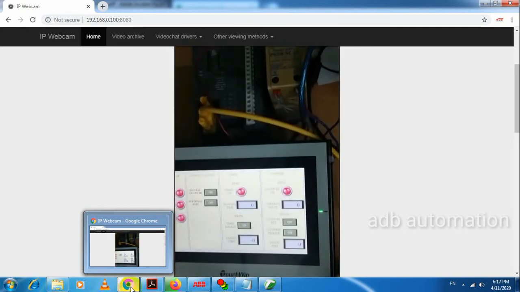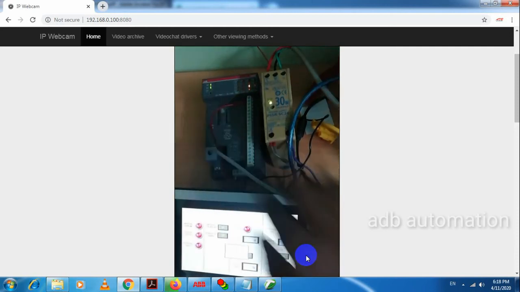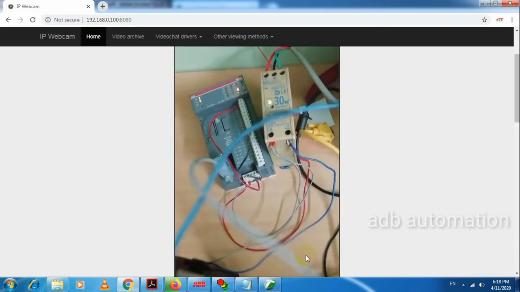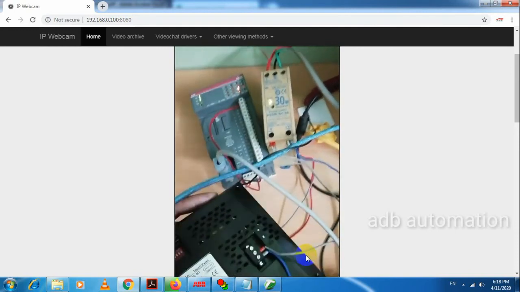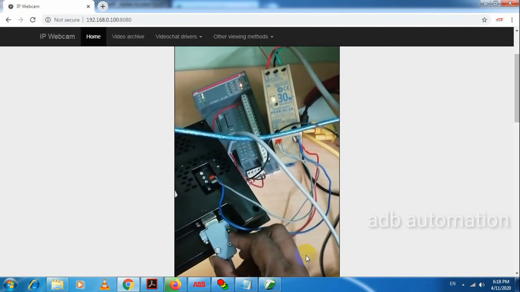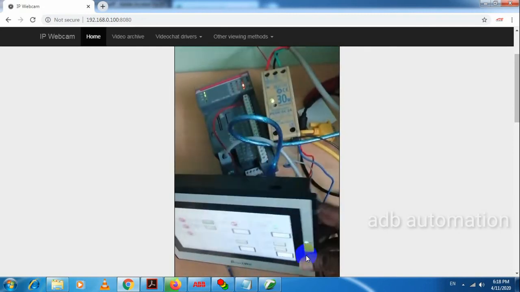Okay, now I will connect this cable to PLC. So PLC port I am going to connect this cable. So cable is connected.